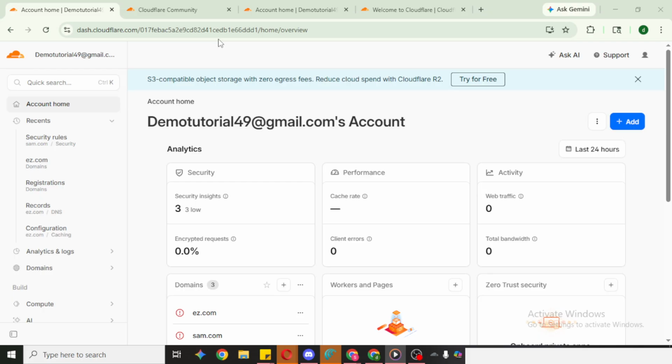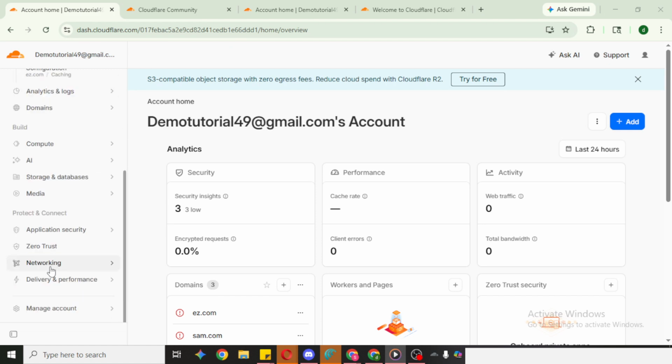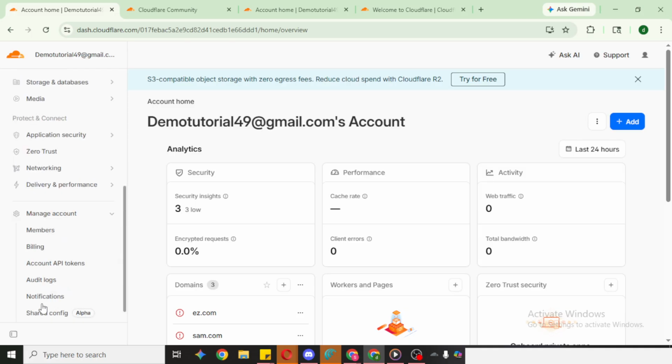Start by opening your Cloudflare account and signing into the dashboard. Once you're in, look to the left panel. This is your main navigation area, and it's where you'll find the controls for account level settings and user management. Click Manage Account to open your account settings. If you manage multiple accounts, make sure you're in the correct one before proceeding so you're inviting people to the right place. Inside the account settings, click Members.